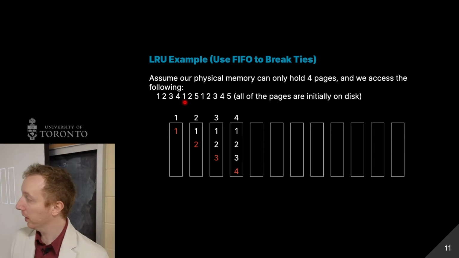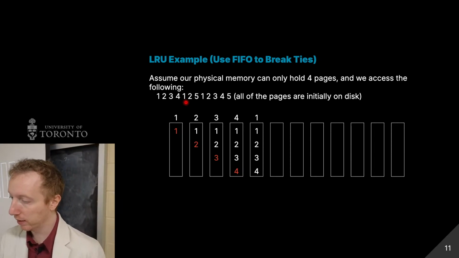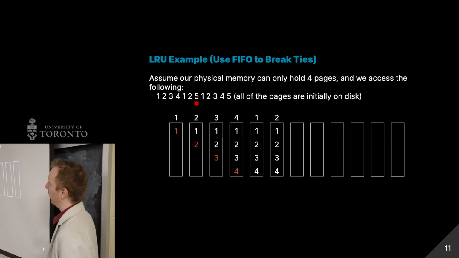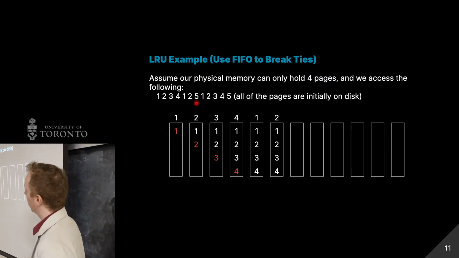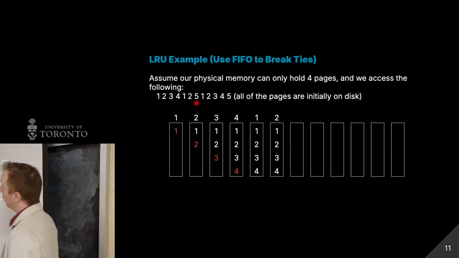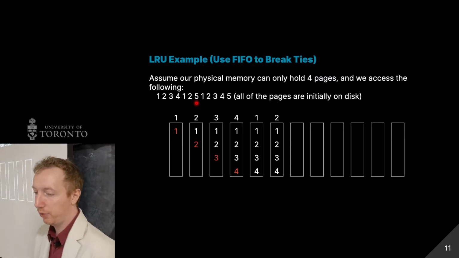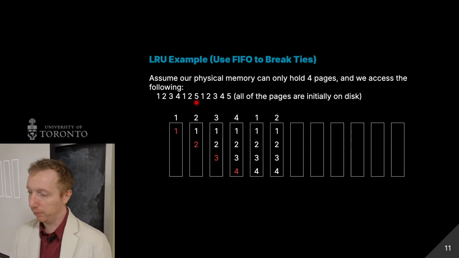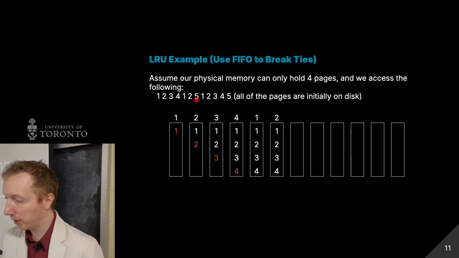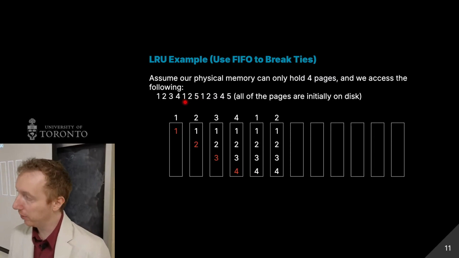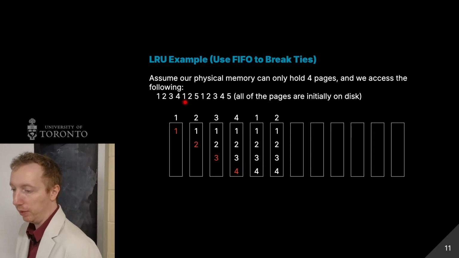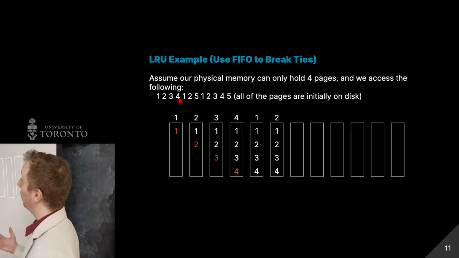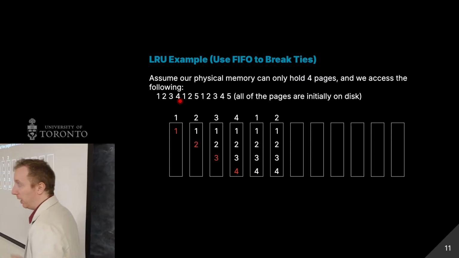We can skip that step. Now we access page 1. Again, already in memory. Don't have to do anything. Access page 2, already in memory. Don't have to do anything. Access page 5. So now we have to find something to kick out. So least recently used means we will look backwards to try and predict the future. If we try and find the page that hasn't been used in the longest, going backwards, 2 was just used, so we should not get rid of 2. Well, 1 was used right before that, so we shouldn't get rid of 1. And then we also shouldn't get rid of 4. So we only have 1 victim left, so if we use least recently used, we should kick out page 3,